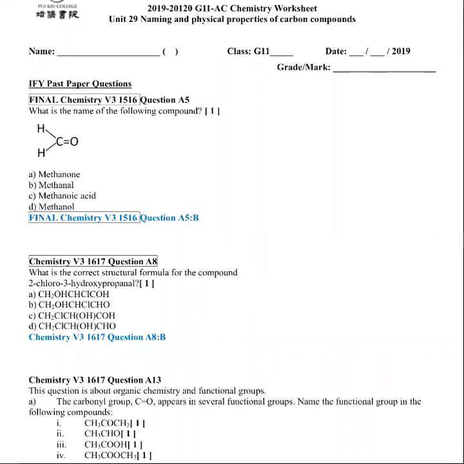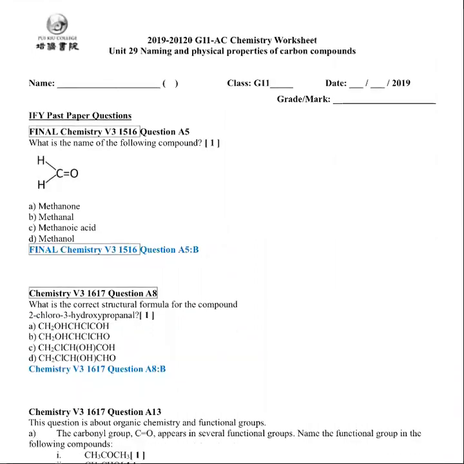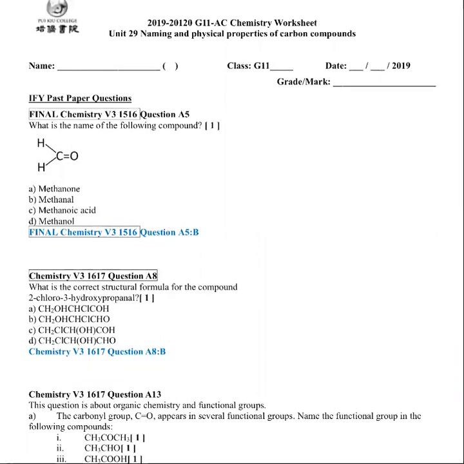Okay, so now we move on to unit 29. Unit 29 is a very short unit. You just learned three new types of organic substance: how to name aldehyde, how to name ketone, how to name ester. That's it. Okay, so this exercise, I think many of you made mistakes for the MCQ, but for the long